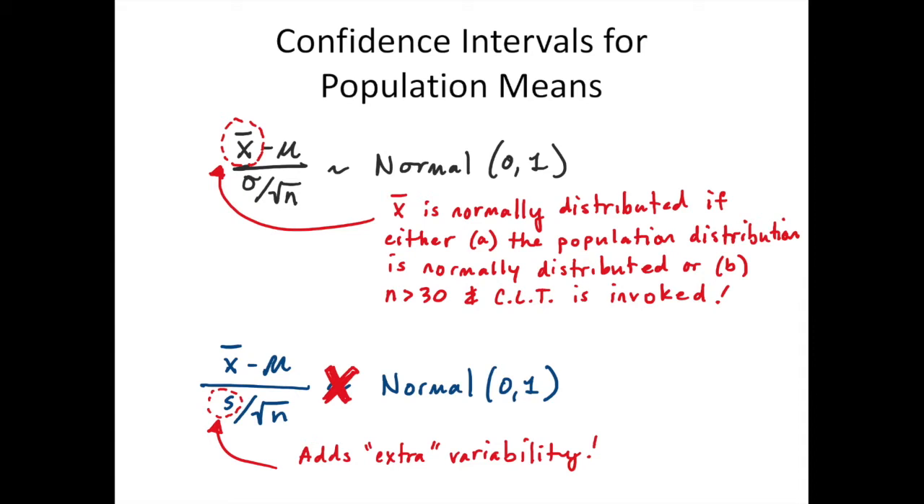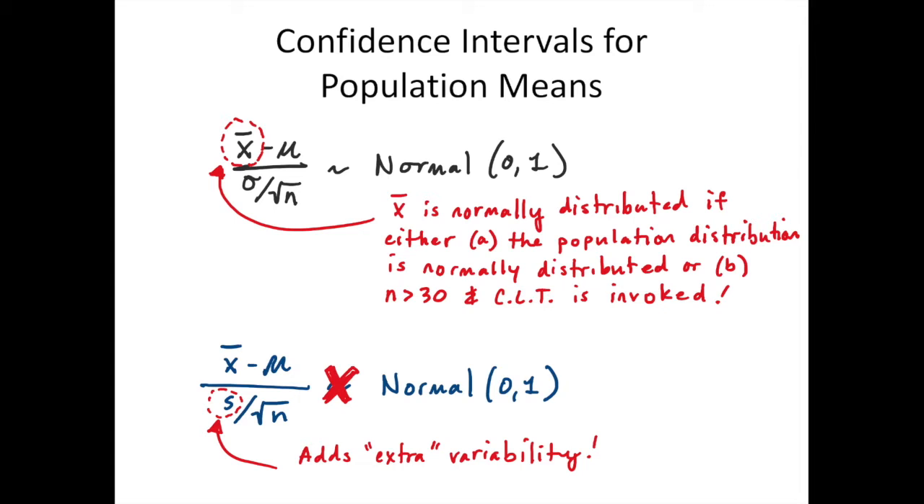That wasn't an issue with estimating population proportions, because even though we had to estimate the standard deviation of the sampling distribution, radical PQ over N, to estimate that, we used p hat again. Here, to estimate sigma by S, we don't use X bar. So, whereas in proportions, p hat gives me some knowledge about estimating the standard deviation of the sampling distribution, here, X bar tells me nothing about estimating the standard deviation of